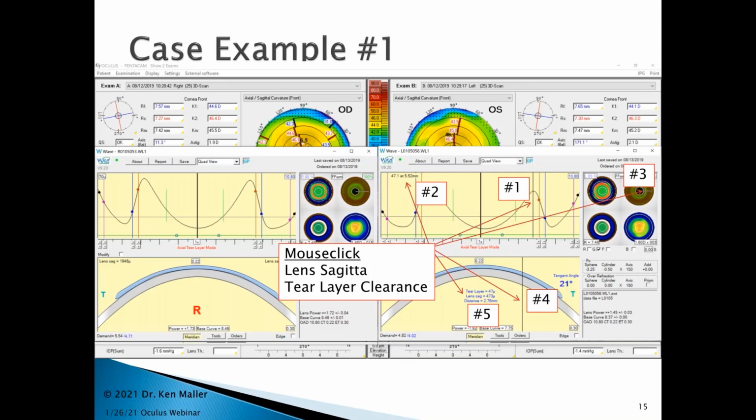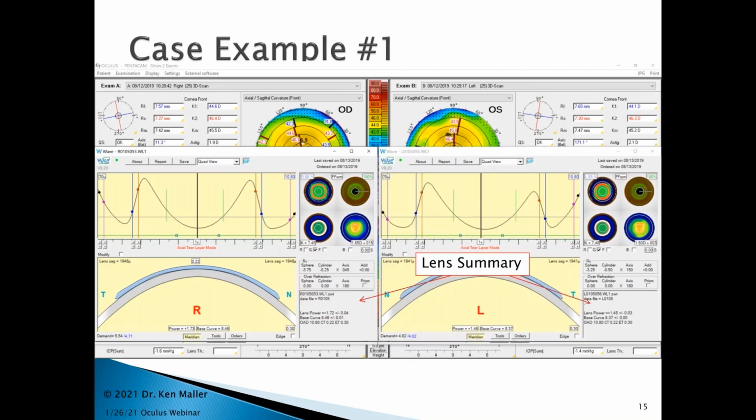And number 5 gives you a summary of the data at that spot, and so you can see that the tear layer is 47 microns. The lens sagittal depth at that exact spot is 473 microns, and you're at a distance from the apex of 2.76 millimeters, or half of that chord, which was 5.52 millimeters. You get a lens summary down on the lower right,